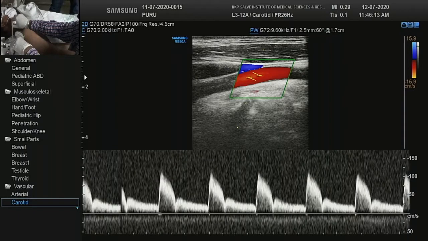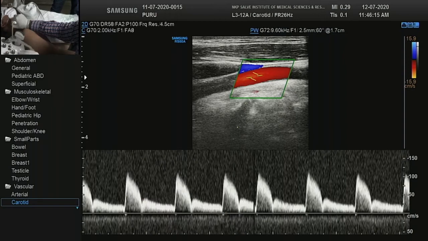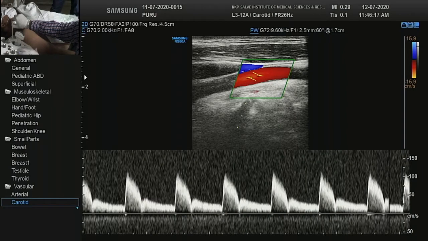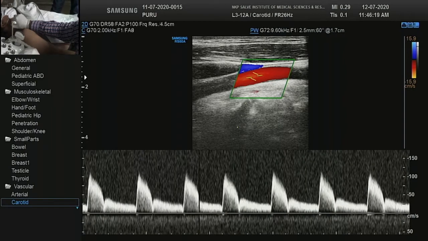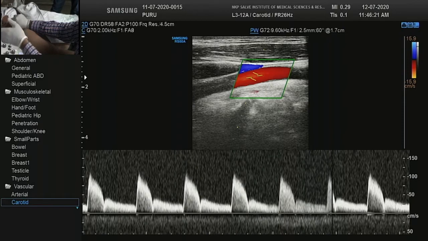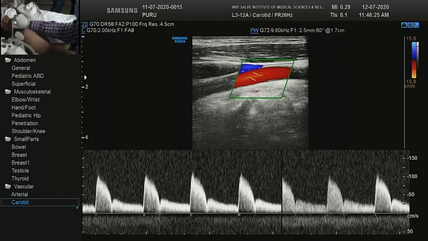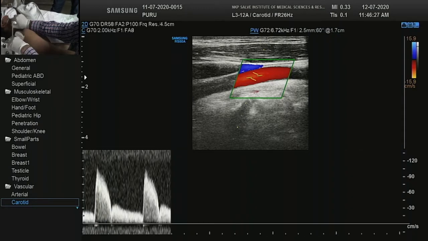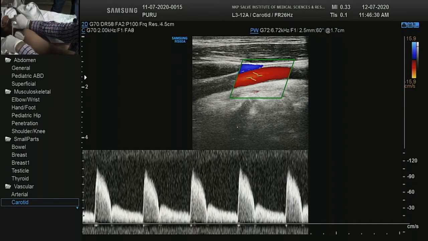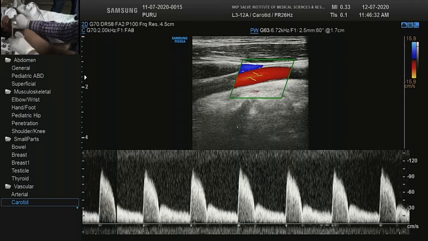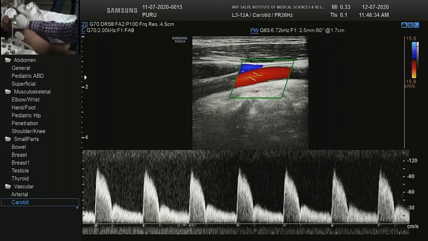See the pattern of flow. You don't expect this pattern of flow. There is a little bit of rapid downstroke as well as a little bit of spectral widening. Complete spectral filling is there. Even if you do a Q scan, even if you reduce this color gain, there is something.